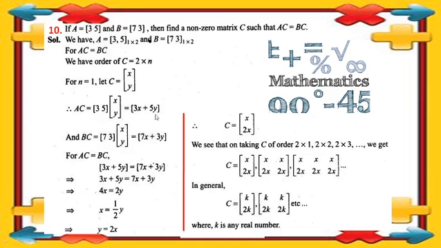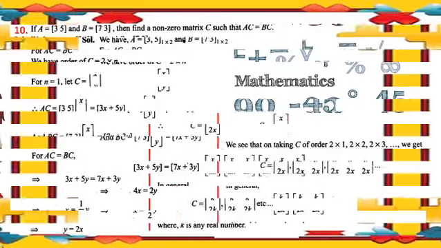So now let's calculate AC and calculate BC. Now they both are equal, it is given in the question only. So let's equate and we will get y equal to 2x. So the given matrix is C is equal to x and 2x. Now one by one we can consider all the matrices which are possible: 2 by 1, 2 by 2, 2 by 3, when we keep on changing the values of n. So these are the resultant matrices that we will get. So in general we can say k and 2k, where k is any real number.